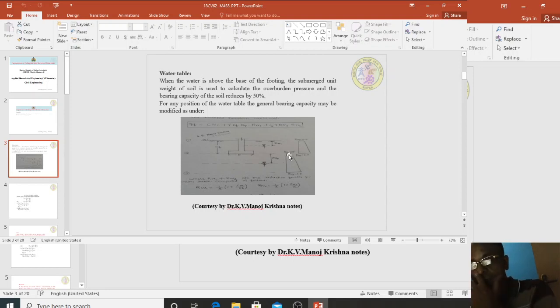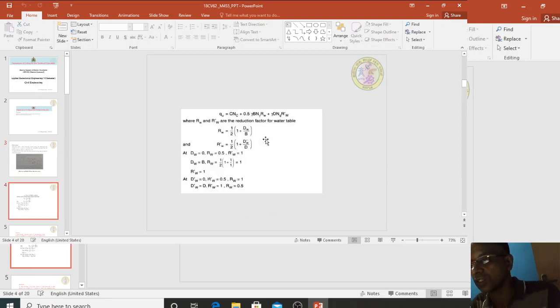When the water table is between Z3 and Z2, the effect of the water table will affect the width term in Terzaghi's bearing capacity equation, that is qf = cNc + gamma Df Nq + half gamma B Ngamma. In this equation, therefore, RW1 will be 1, and RW2 will be half of (1 + dw divided by Df).